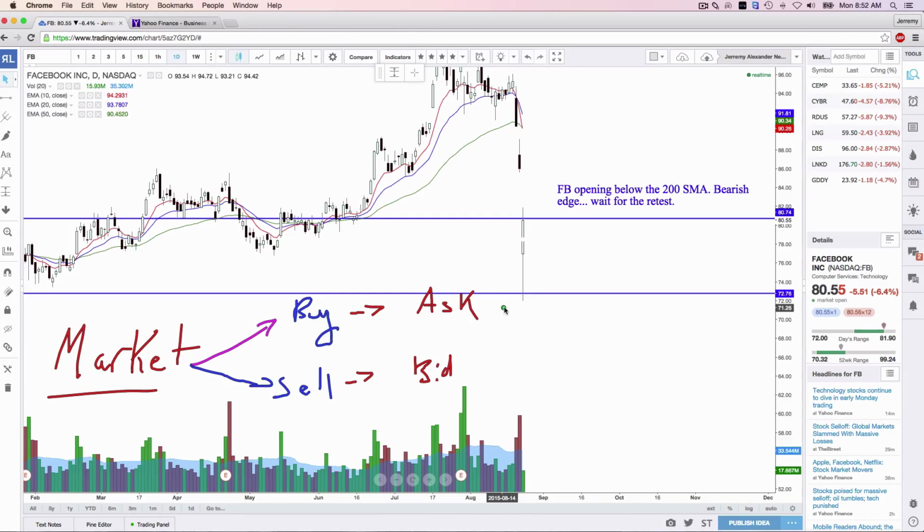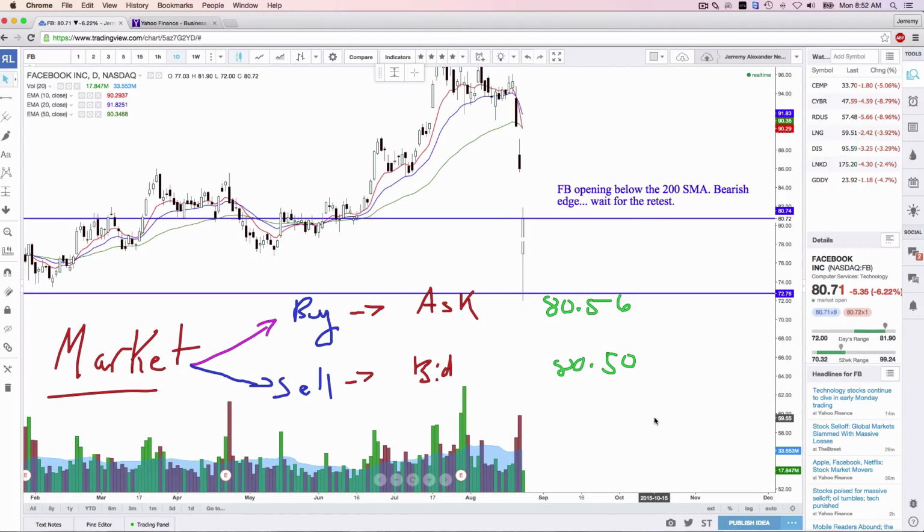And your ask right now on Facebook, meaning if you were to buy Facebook today at this exact moment in time, is $80.56. The bid is $80. Well, it just moved on us, but it was lower than that. So you can see how this is moving. That's how volatile the market is. In 20 seconds, it moved 20 cents. Let's say the bid was